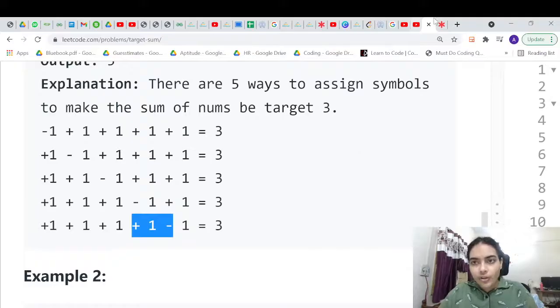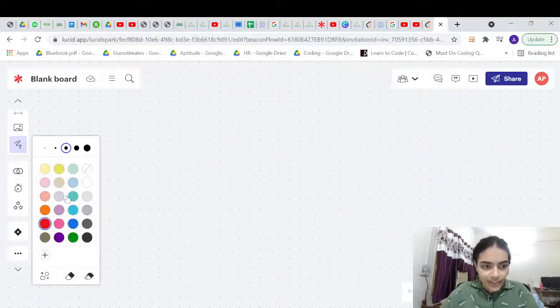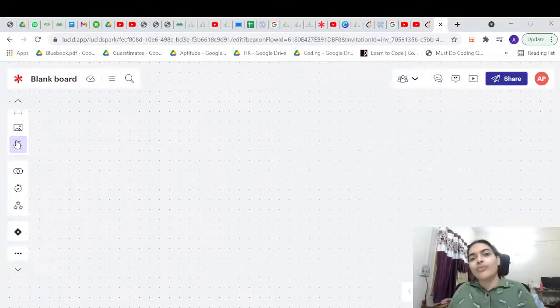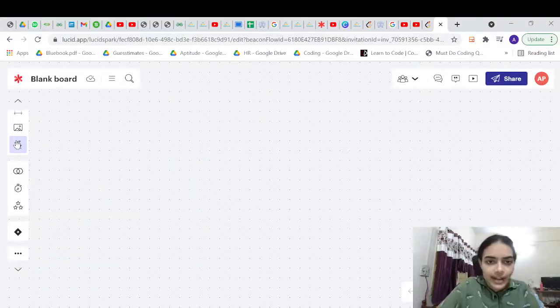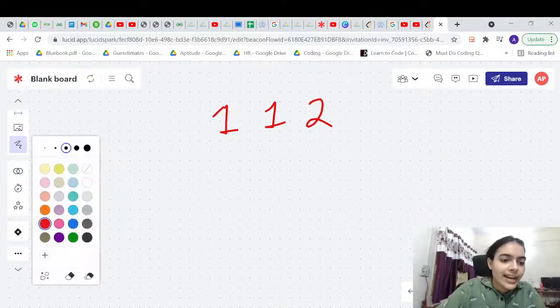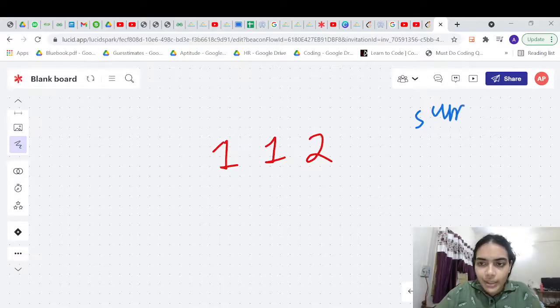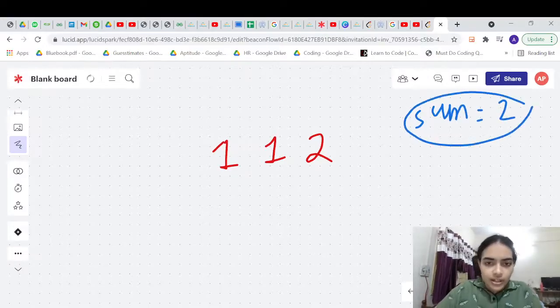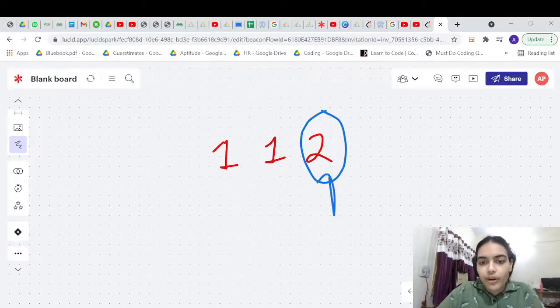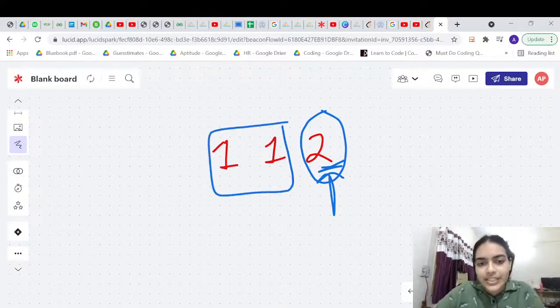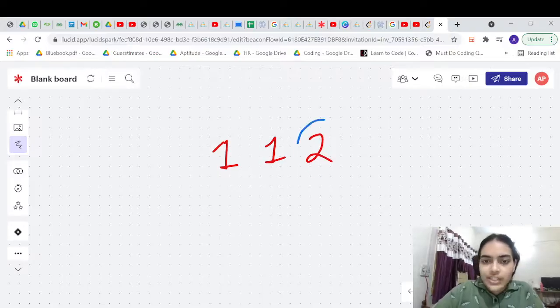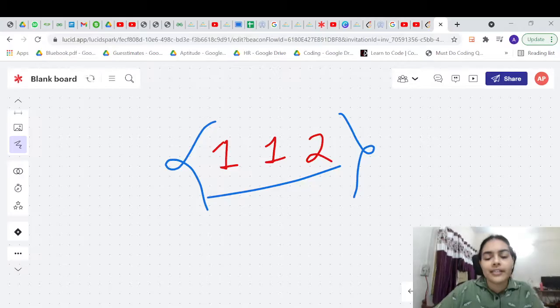Now how do we actually solve this problem? The important part is to notice that you have to use all the integers. That's it. That is the trick here. So let's try to take an example. Suppose you have 1 1 2, and let's say I tell you to find the number of ways to form the sum, for example 2, in this case. Now this is not a part of the solution. You cannot say I have a 2 here, so this is my answer. This is not the answer because you will have to include these numbers also. So you cannot just take a subset. You have to include the entire array.